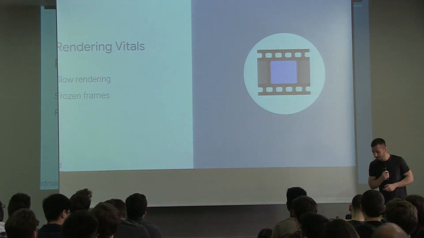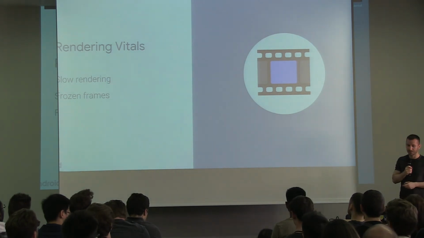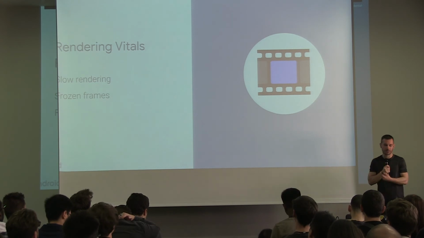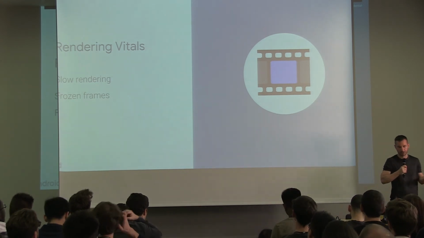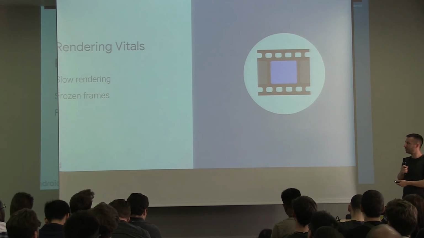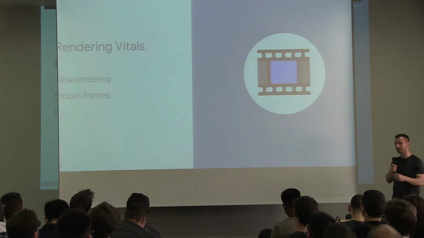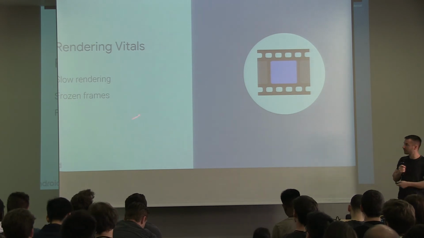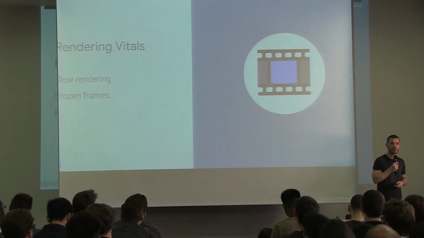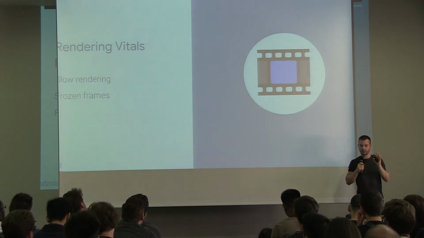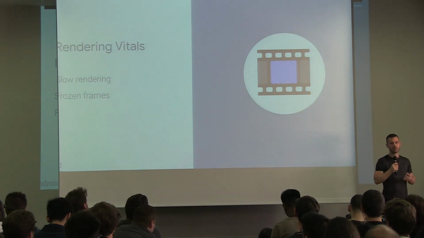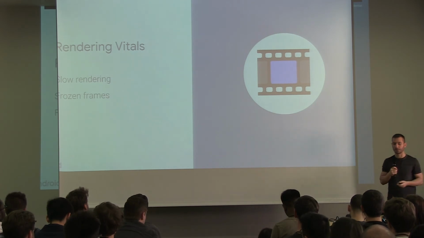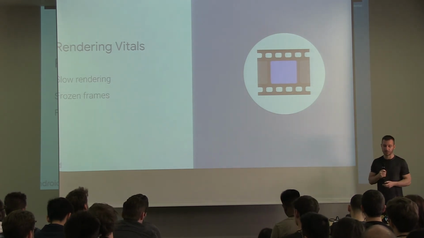And I think I'm slowly running out of time. It'll be lunch soon, so I'm going to run through this really quickly. I said, I can't talk about rendering too much because it's a huge topic. However, we track two things. We track slow rendering, so this is whenever you get a small jank in your app when something's scrolling and it's not smooth. And we also tell you about frozen frames. So these are frames that are stuck for, I think, 700 milliseconds or something. So this is when the UI actually freezes for a long time and maybe even causes an ANR later. And it's really visible to the user.